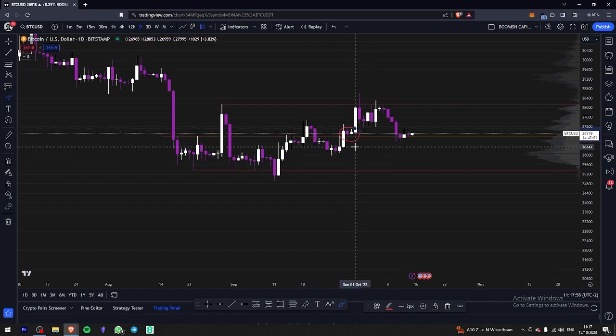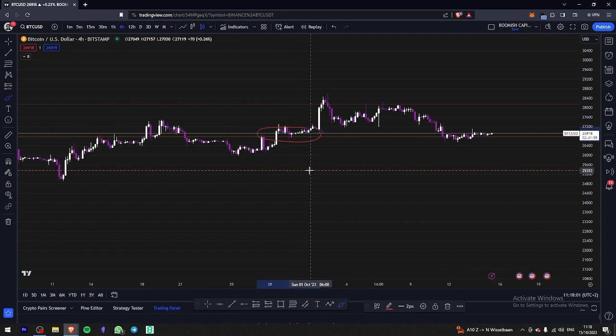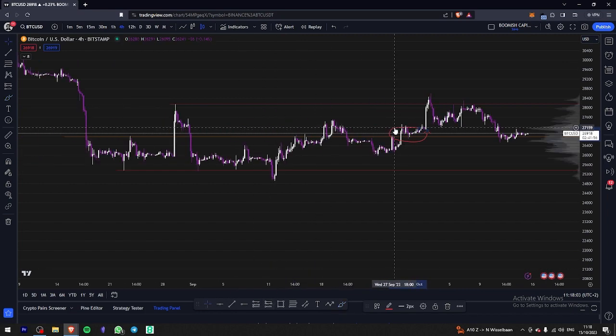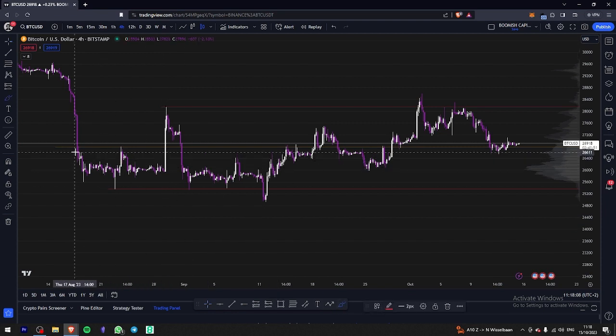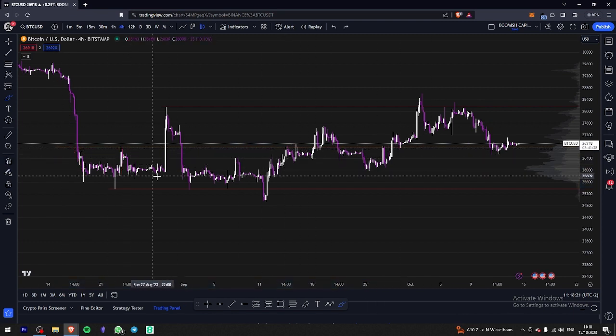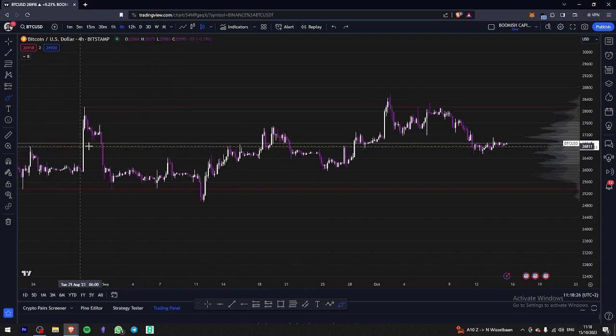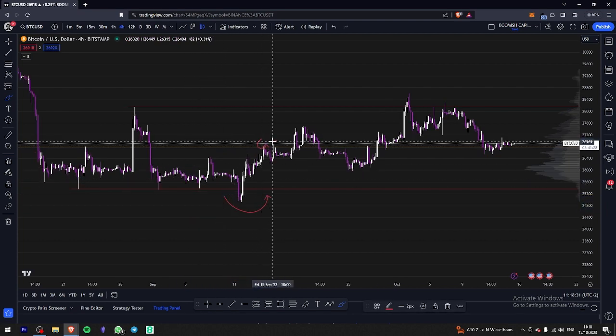retests the EQ, so we can go down to the 4 hour if you like, just to make it more clear, right? You can see here what's going on. We come in, retest the midpoint of the range. Now the midpoint hasn't technically been set yet, but this just confirms more that the midpoint does exist on this chart. We stay in, we break through it, we come here. You can even see a small little tap here before we break through. Come in, deviate the bottom side of the range, come in, retest it, fill, slowly creep up, boom, break out